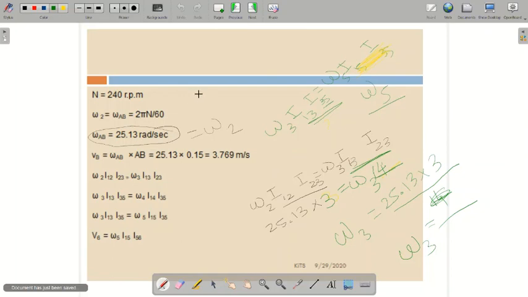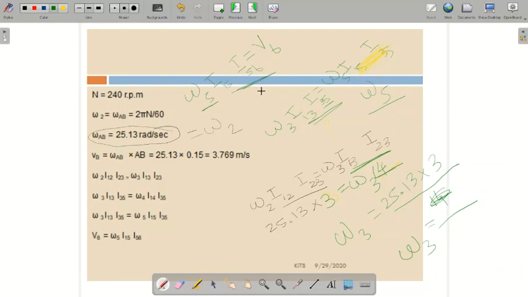So how can I get the velocity? Very simple. As usual, write the omega 5 here. What we have to find out is the velocity of the sixth link. So as usual, put 2i. On this side don't put anything, since velocity means angular velocity into distance. Just leave it. Here as usual 1, the link is 5, here 5. The next link is 6, the sixth link answer we have to find. So put 6. We got the omega 5 value in the previous step, so put it here.